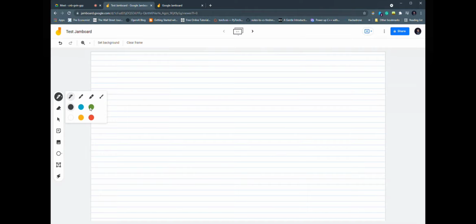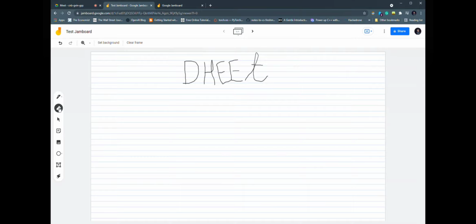Now let's start with the first tool. If you click on it, it looks like a pen. If you double click on it, you'll see other options. So let's use the pen. You can basically use your mouse pad on your laptop and drag to draw things and to write things. If you have a touchscreen laptop, you can also touch directly, which will help you write or draw. Now, if you have written and you make some mistake, you can go back. You can use the eraser tool to erase what you have written.